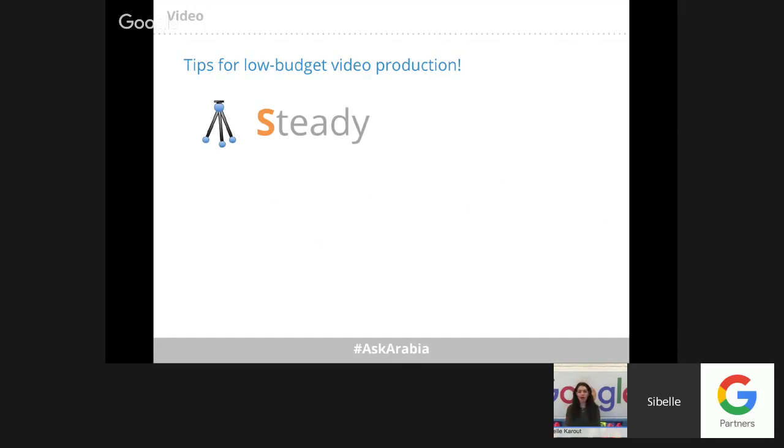So just go ahead and invest in a tripod or a unipod. It's not very expensive. It will provide you with enough stability to prevent this image of unprofessionalism. So that's the first tip: steadiness. Make sure the video is not shaky. Next, the lighting. It's very important that you illuminate your subjects from the front.